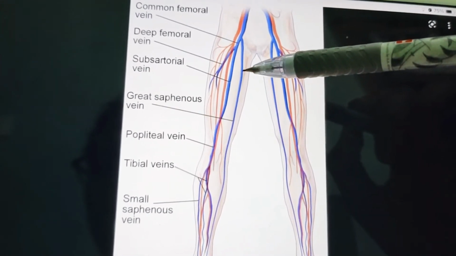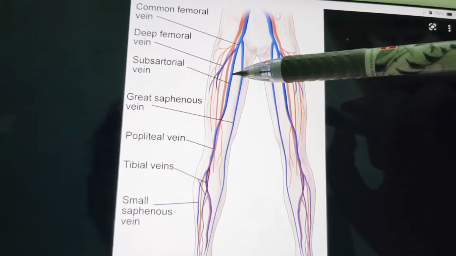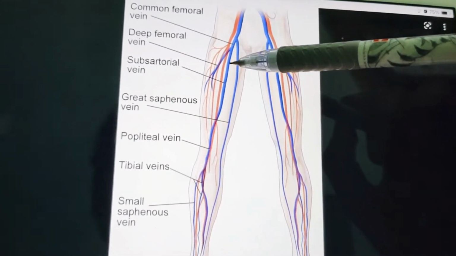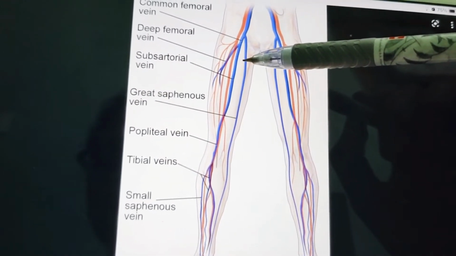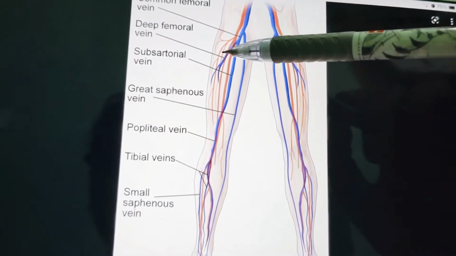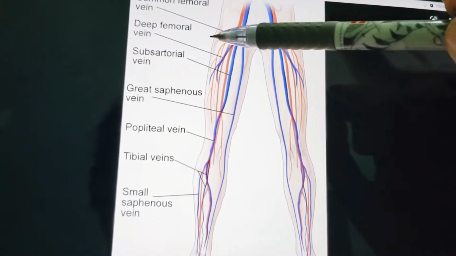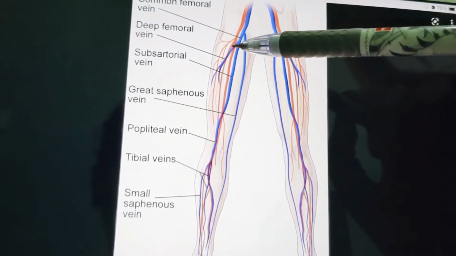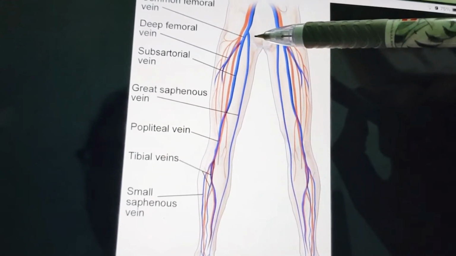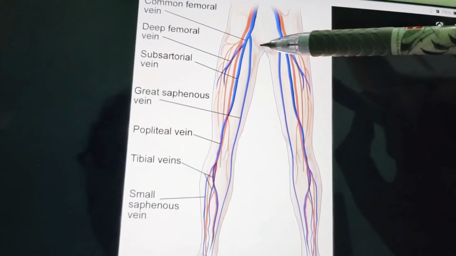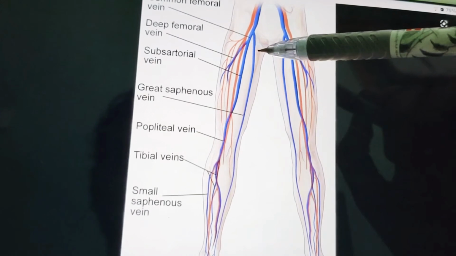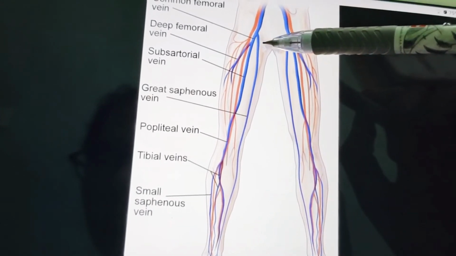This femoral vein is just medial to the femoral artery. You can see here this is the femoral artery, and medial to the femoral artery you have the femoral vein. Its marking is the same as that of the femoral artery, except that the upper point is taken 1 centimeter medial to the mid-inguinal point. So this is the inguinal ligament, and in the middle is the mid-inguinal point. If you take the upper point medial to the mid-inguinal point, that will be your femoral vein, and the lower point is 1 centimeter lateral to the adductor tubercle. The adductor tubercle is here, so just lateral to it you will have the lower point.